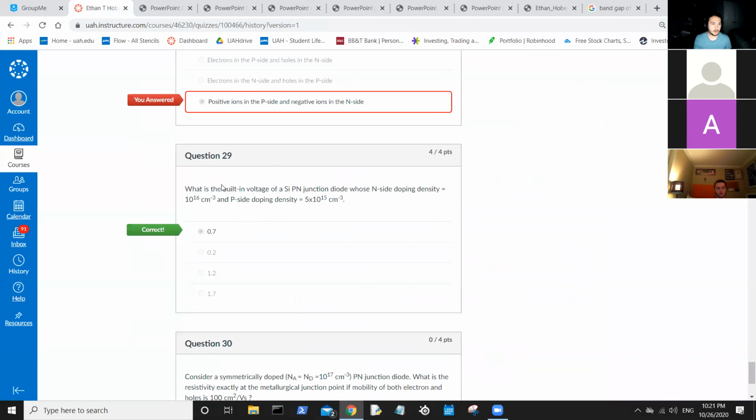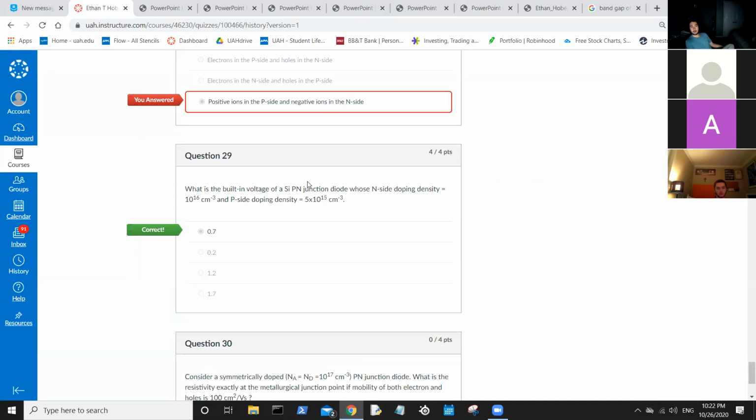Question 29. What is the built-in voltage of a silicon PN junction whose N side doping density is 10 to the 16th and P side doping density is 5 times 10 to the 15th? Well, that's just a formula. Built-in voltage is 0.026 times ln of 10 to the 16th times 5 times 10 to the 15th over 10 to the 20th. You work that number out and it's just 0.7, which, by the way, you can immediately rule